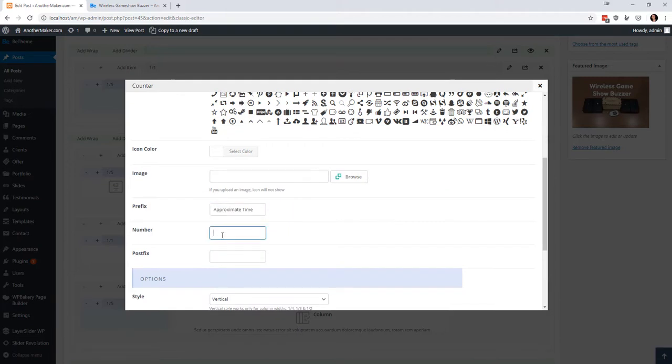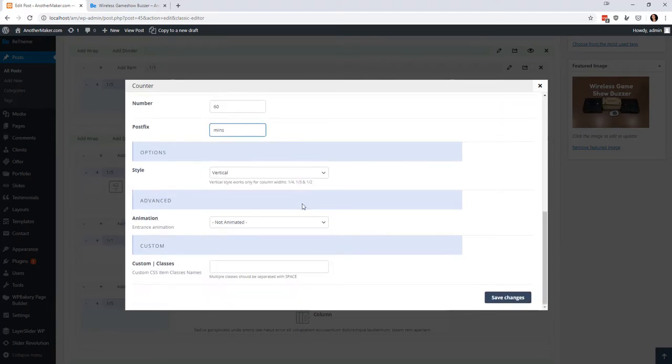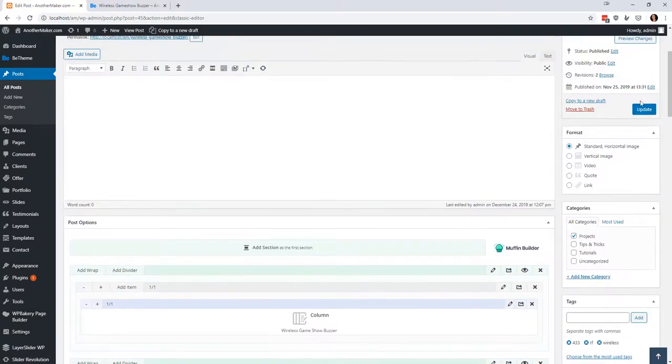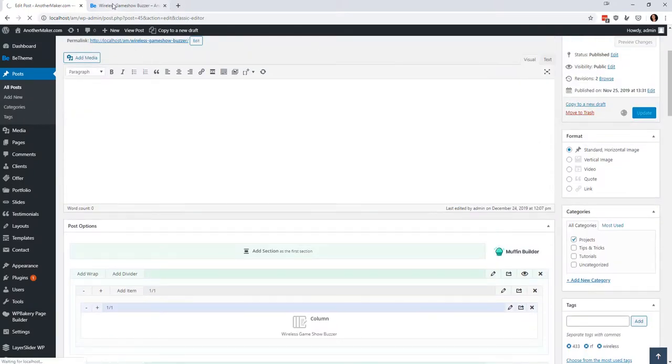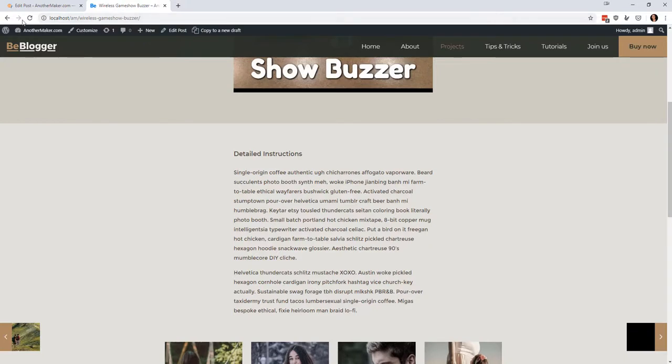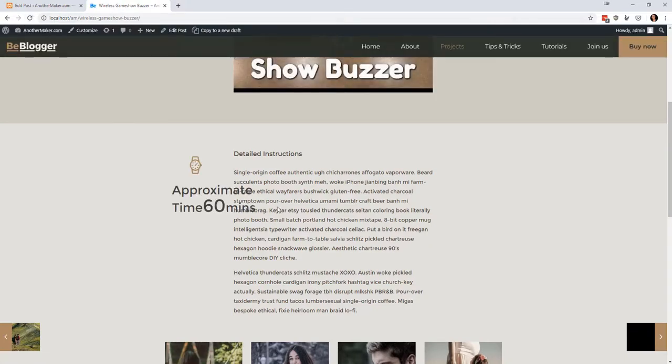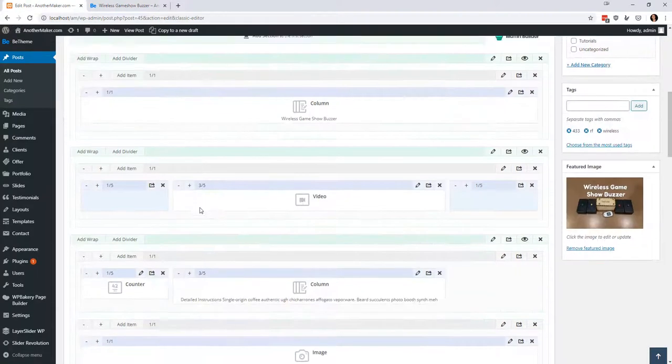Prefix approximate time, and then we're going to say 60, and then we're going to say mins, like that. And save the page and update it. And now we have this little widget that says approximate time 60 minutes. So I don't really like the way that looks. So what we could do is change it this way